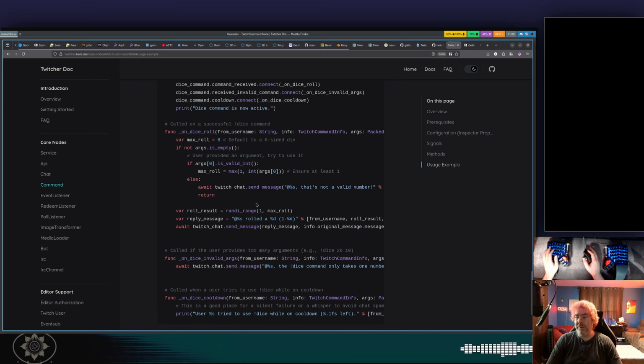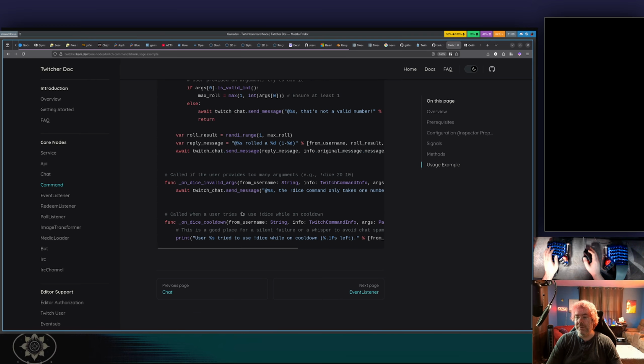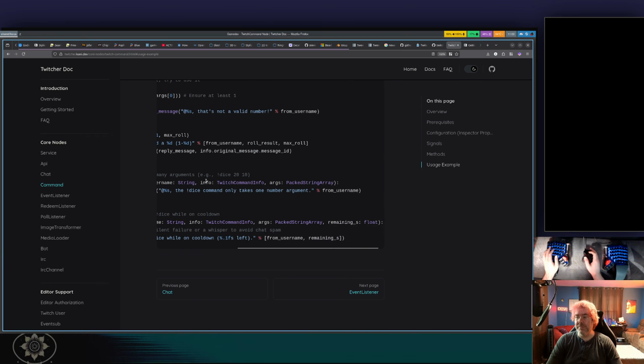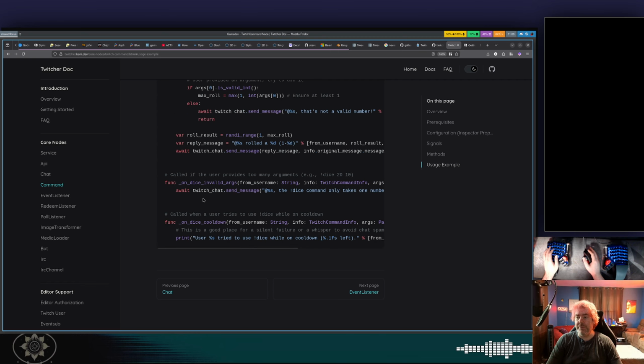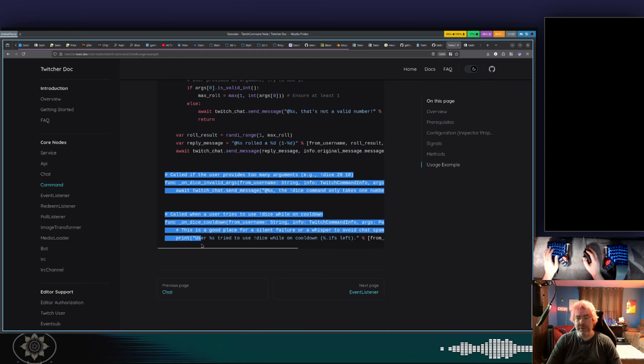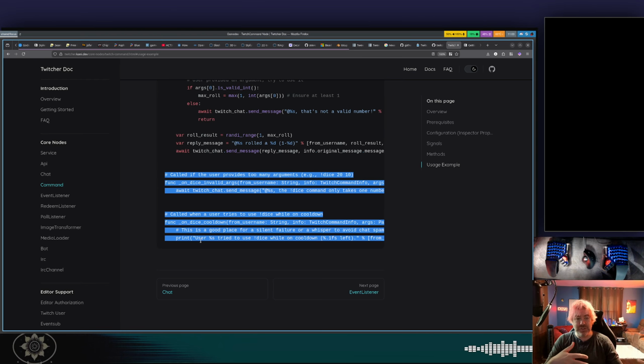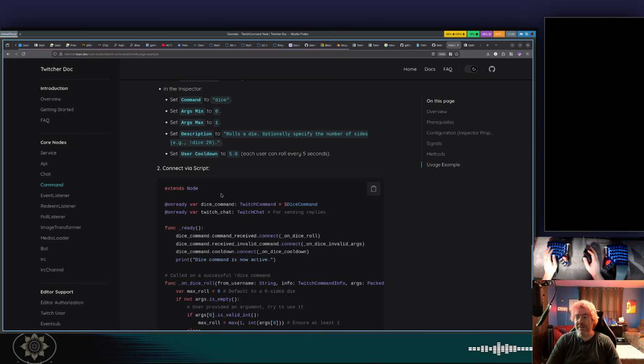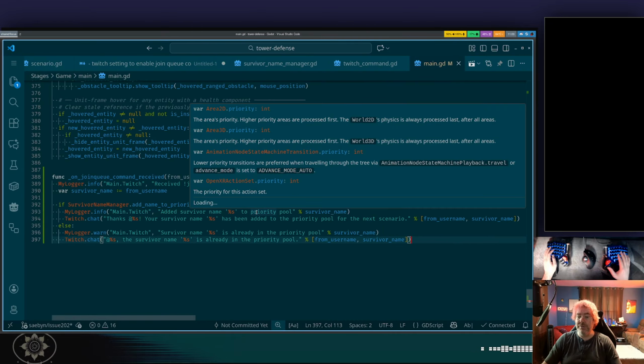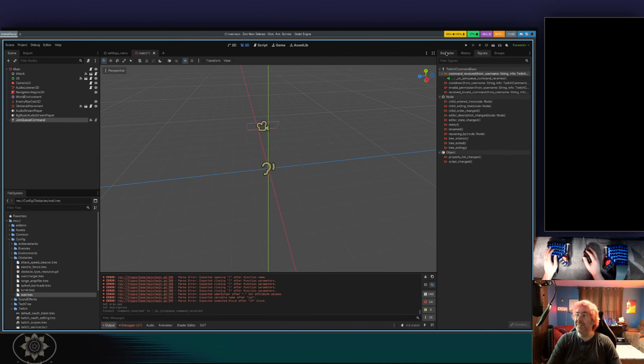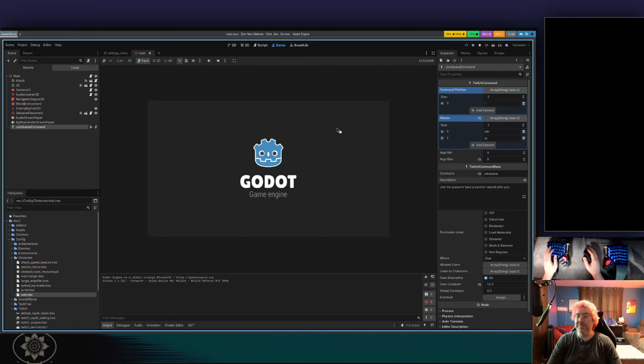We are not going to worry about... I guess we could handle invalid arguments, but I can't be bothered. Like, we could put messages into a chat if things aren't right. But I think that's fine for now. So these other connections connect those other signals that we're not caring about. Okay, so theoretically, if we run the game,